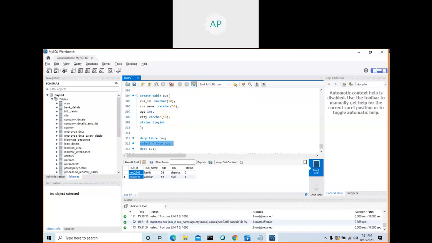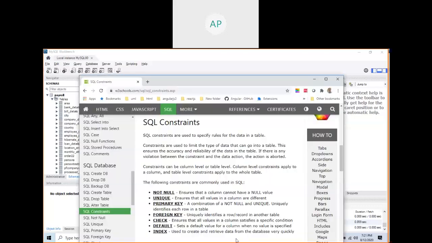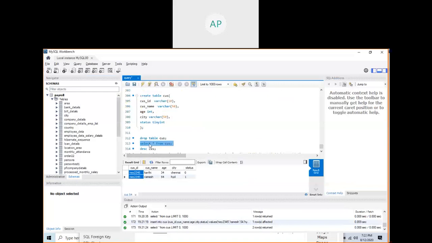NULL. So that's why you read here, right? Primary key, a combination of not null and unique. Not null and unique primary key. Okay. So the table creation is wrong. So now we are going to see this is wrong. Customer ID cannot have duplicate values. So you make this column as primary key.